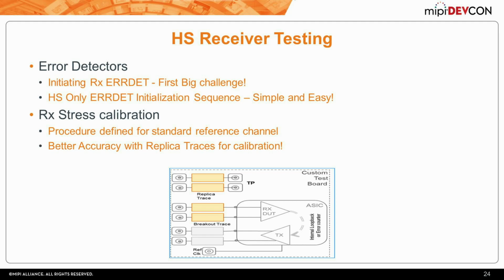I've seen cases where the receiver needs to have the LP to HS transition, and then provide a sync, the HS sync, and then loop the PRBS. Right? This is one way to do it. It takes a lot of effort. I think an even simpler way people are considering is to have a design where you can just initialize with just an HS only pattern. Now, why I'm